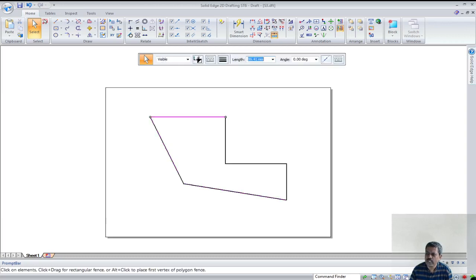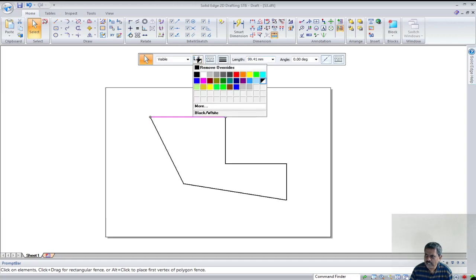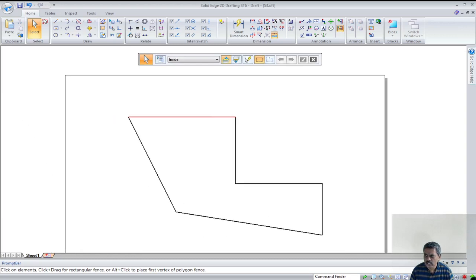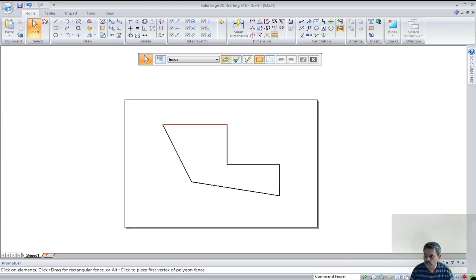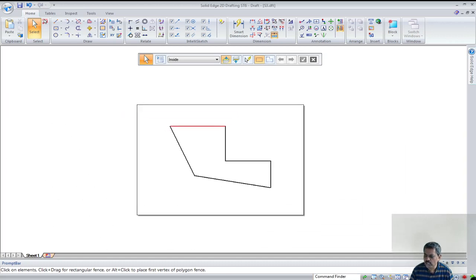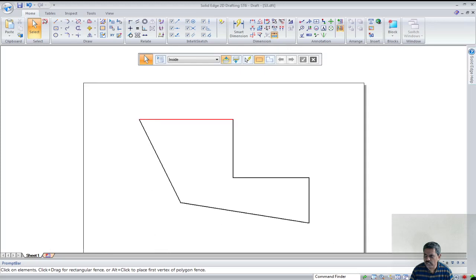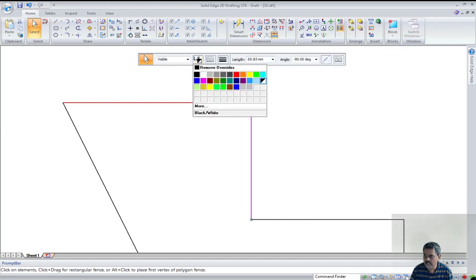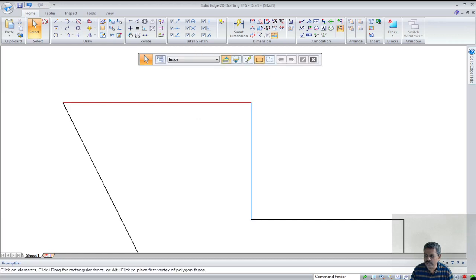For example, if I have to select this line, I can select it by picking it using the mouse pointer, and then go over here and change the color of the line. You can see here. Now you can zoom in. How to zoom in? The scroll button and the control button. Just move the mouse in and out, or a little forward and backward. You can see it can be moved, or zoomed in and zoomed out. Similarly, you can also select another line and make the color something different.